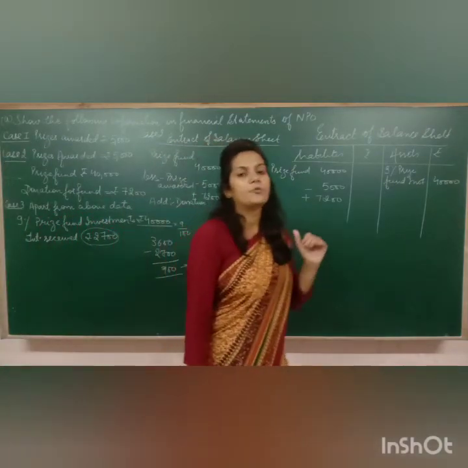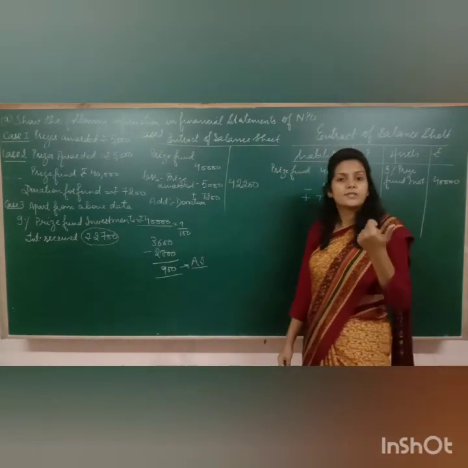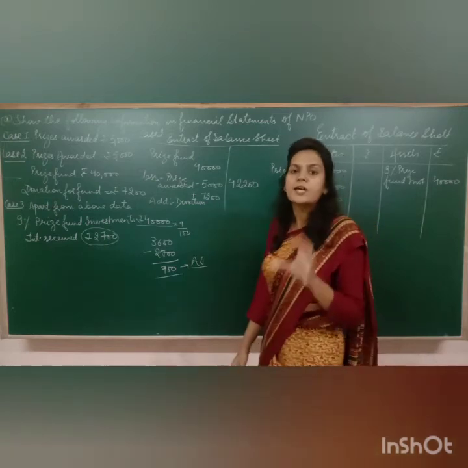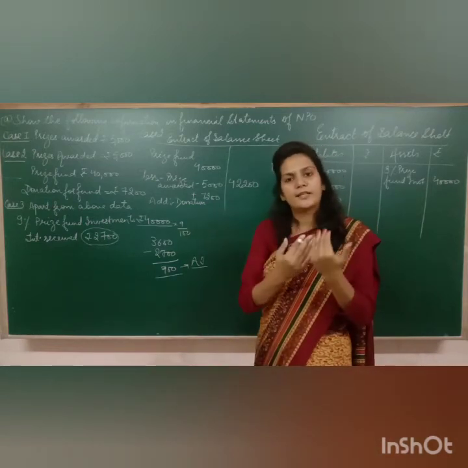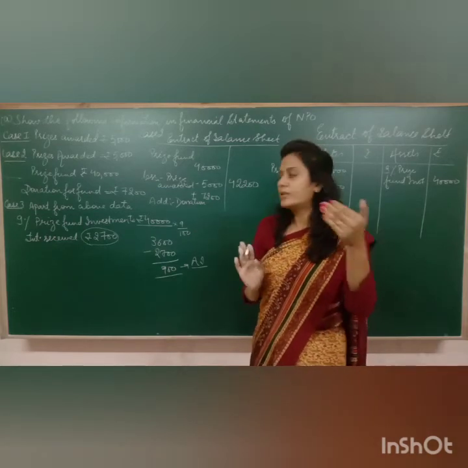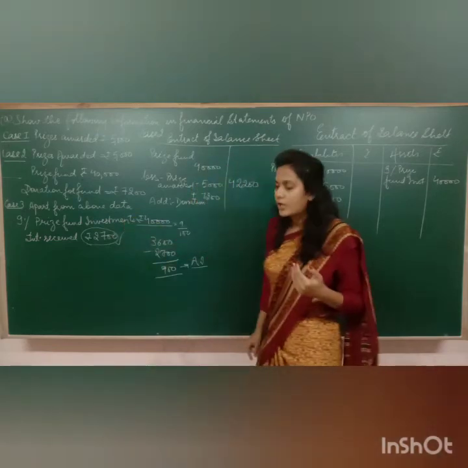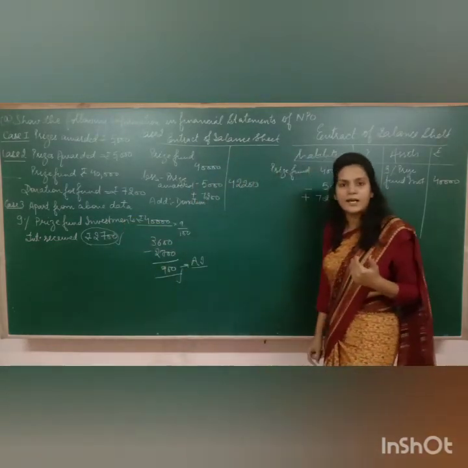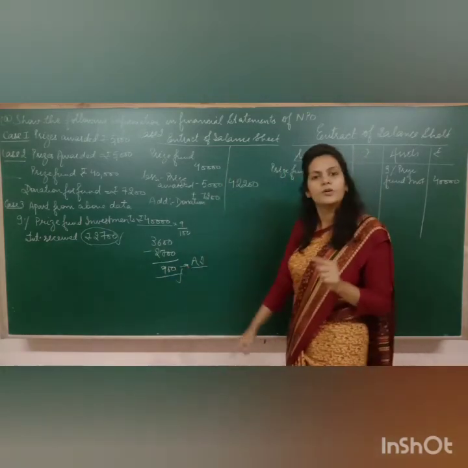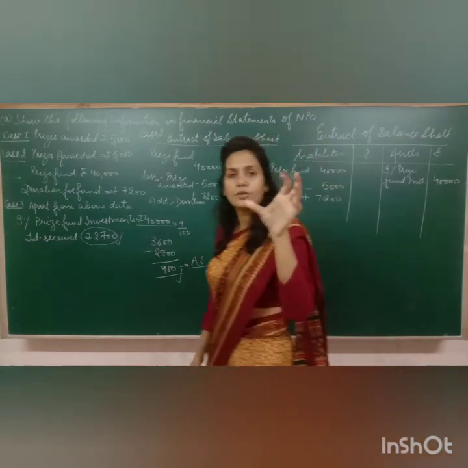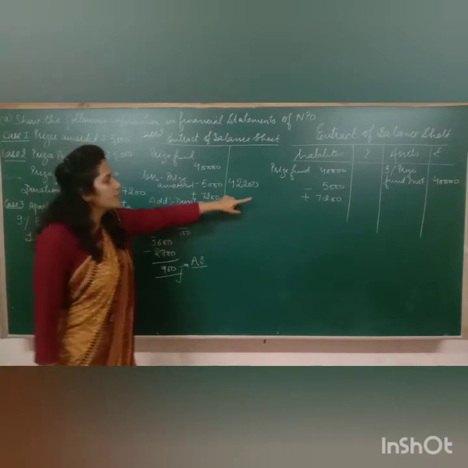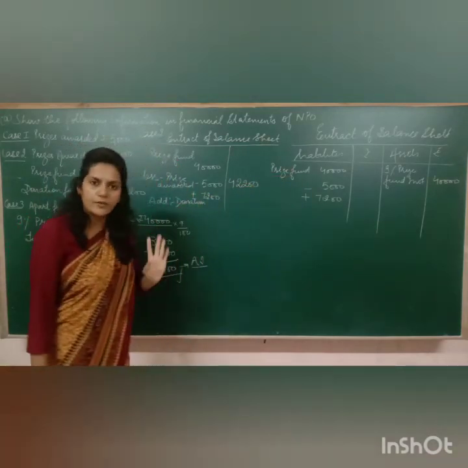But you know the rules of accounting, and you know this thing very well that we are making accounts on accrual basis. And accrual basis means where we have to show the incomes and the expenses of current year, whether we have received them in cash or not. The rule says that whether income has been received in cash or not, if it belongs to the current year, then it has to be taken into consideration. It means that no doubt you are going to add this rupees 2,700 here because this interest is going to be added to the amount of the fund, right?